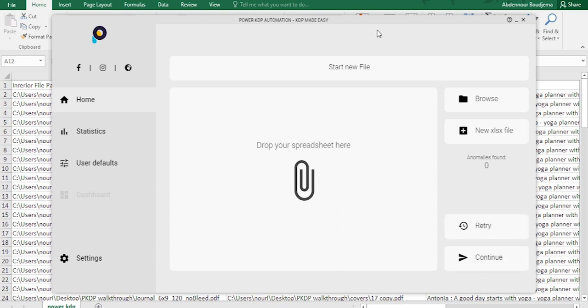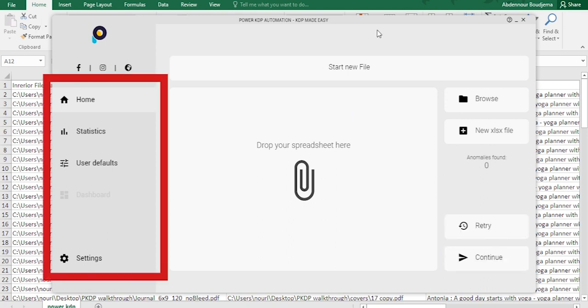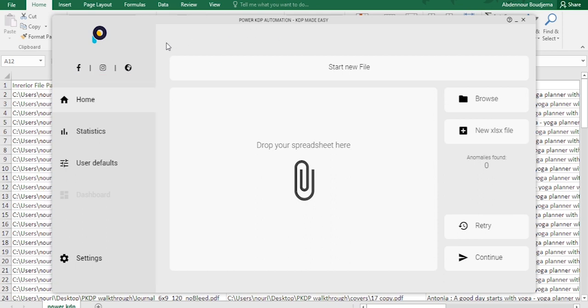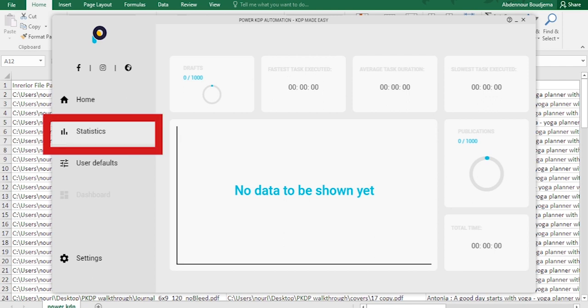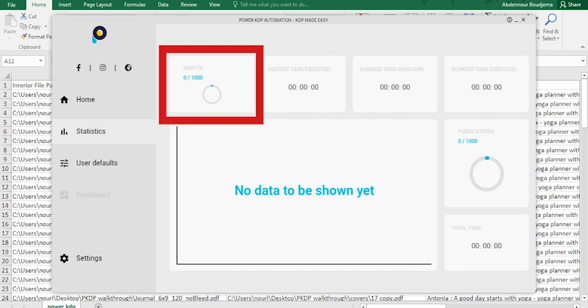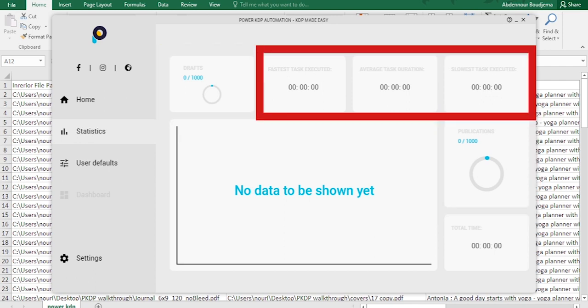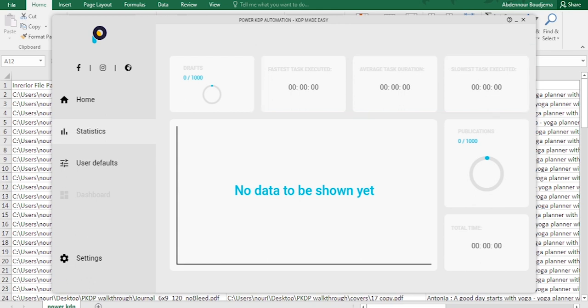On the left of the PKDP window, you will find the different sections that you can navigate through. We are currently in the Home section. Let's go to the Statistics section by clicking Statistics. In here, you're going to find information about the tasks and processes that you have executed using PKDP. These include your drafts and publications count, information about the duration of previous tasks, and a graph showing your daily